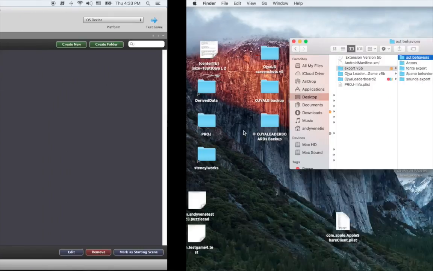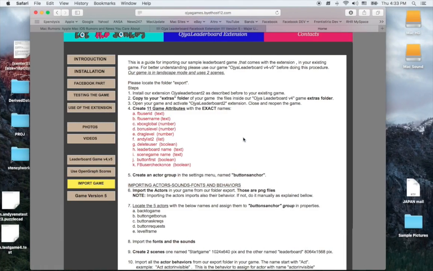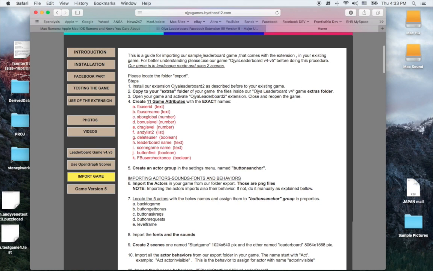So the first thing that you have to do, as explained also at our site, is to install the extension of Ojya Leaderboard 2. This is the normal procedure when you install an extension in Stencil. Then the other thing you have to do is to copy the extra folders